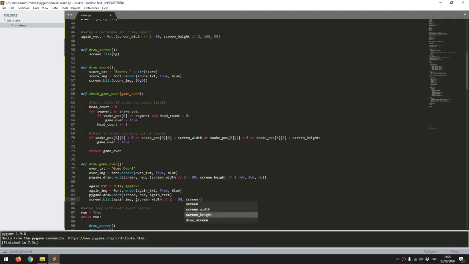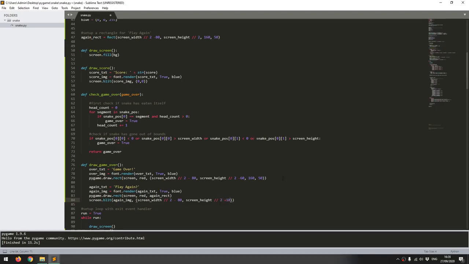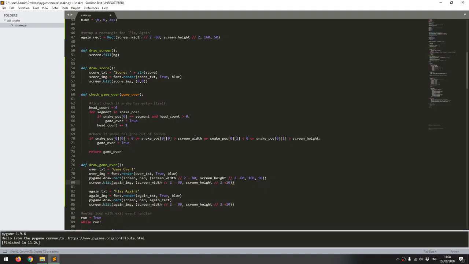And screen height divided by 2 plus 10. Alright, so with these defined, I've got my game over text, turn into an image, draw a rectangle, and now I need to do the same as what I've done down here. I need to blit that game over image as well. So screen blit over image,